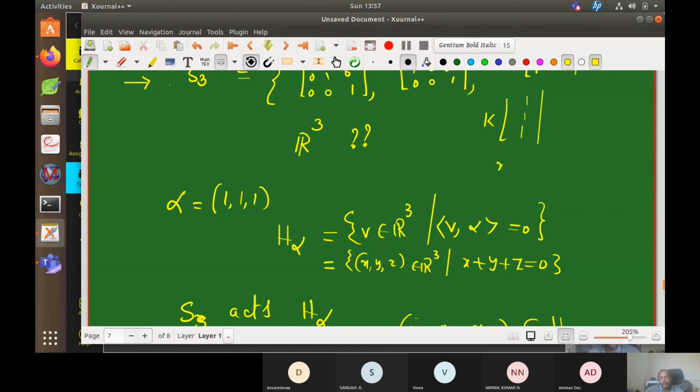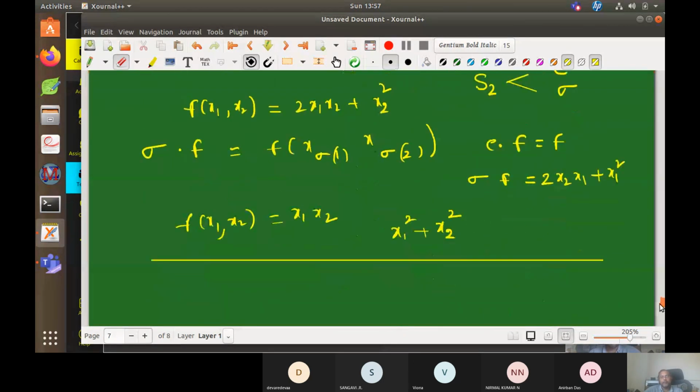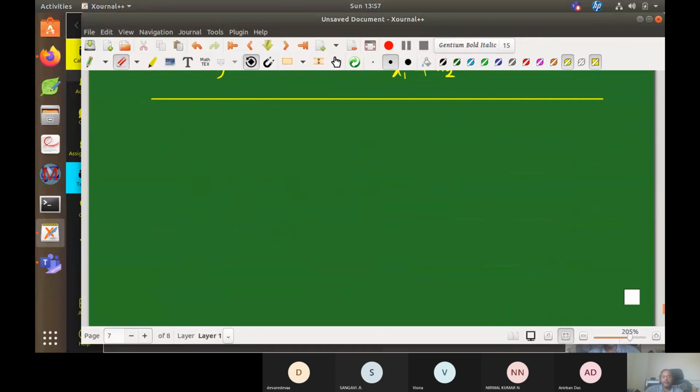What is his point here is that he thought of x1 plus x2 plus x3, right? If I take any sigma, it will interchange x1 to x2 or something like that, right? So he observed that way, and it is invariant. He told by using symmetric polynomials, right? That is a very good observation.